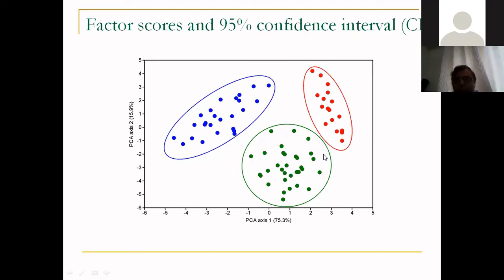In which case, I can say that if the 95% intervals of two organisms do not overlap, then the probability that they will still be the same group is less than 5%, because in 95% of the cases they are not overlapping with each other. So there are only 5% chances that they might overlap. So this is one way in which you can try to understand whether these groups form significantly different clusters or not. But there is a statistical way of also testing it, and I'll come to it a little bit later.